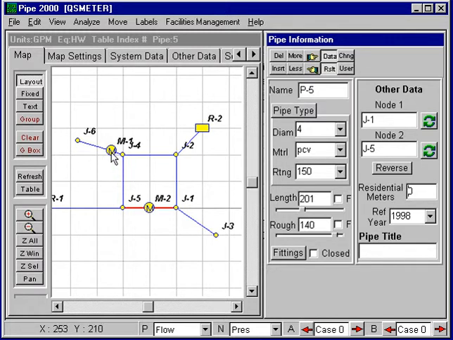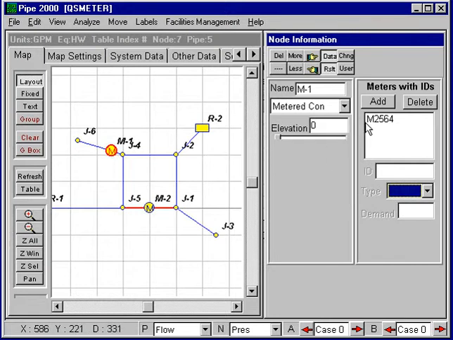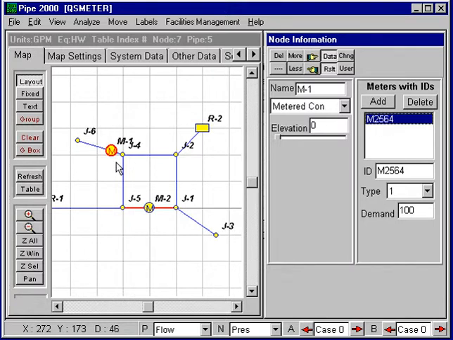We can select that metered connection and put in meters of different types. For example, this meter 2564, select that. That's a type 1, which could be an industrial type or commercial type with a demand of 100. So that would mean that there will be 100 gallons per minute distributed to these two junctions, and this distribution is made based on the location of the meter in the line, so most of it will go to this